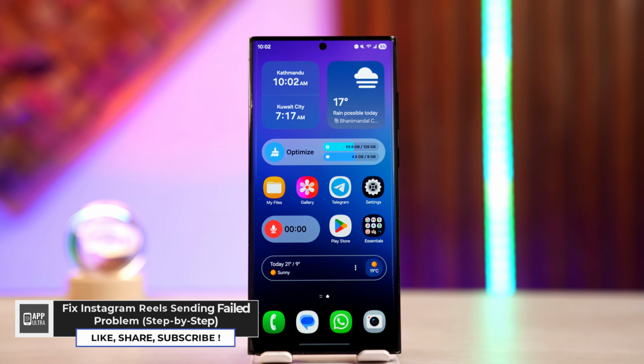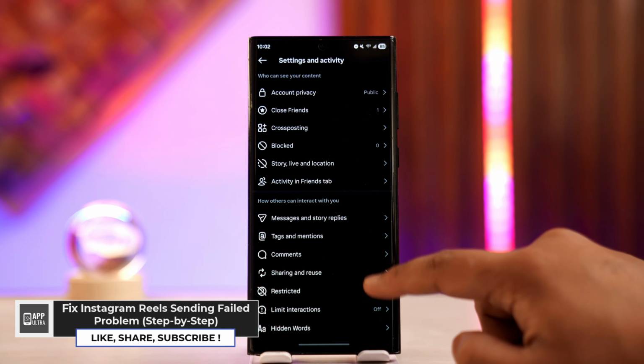Fix Instagram Reels sending failed problem step by step. If you're not able to send Reels on Instagram to someone, let's say for example, now